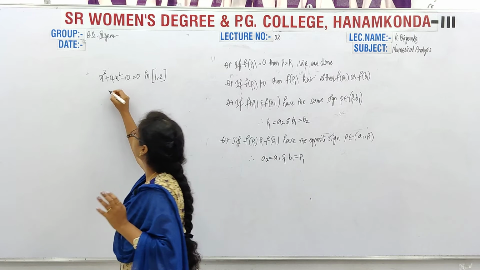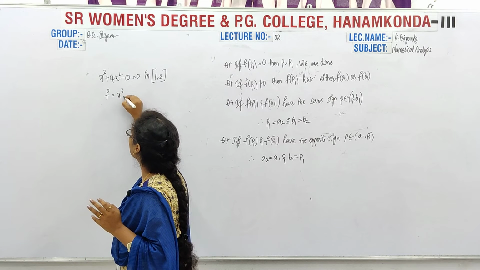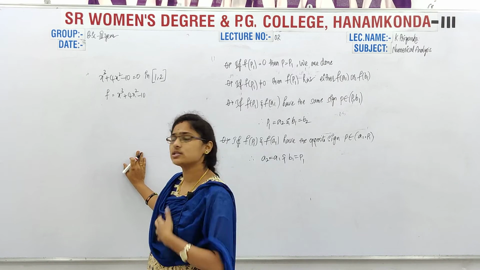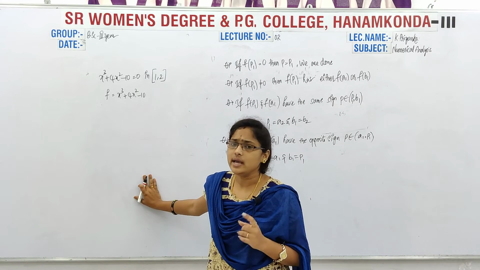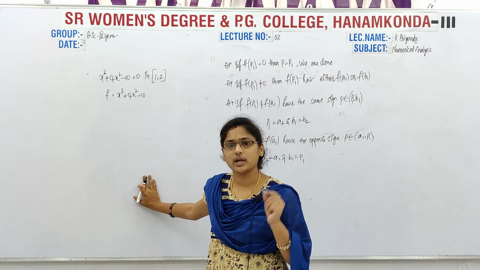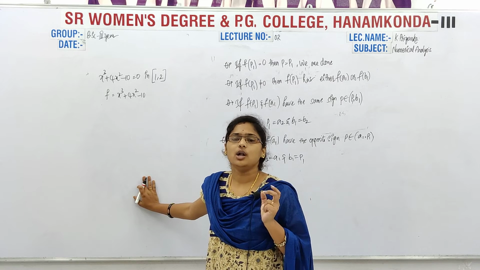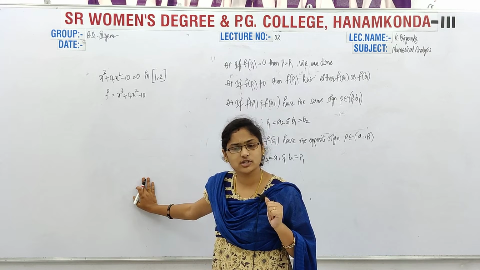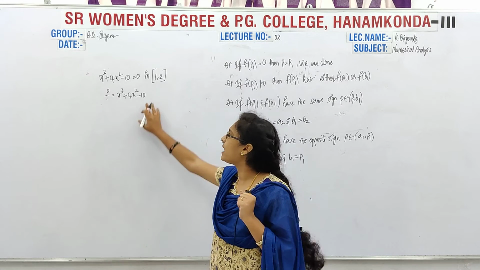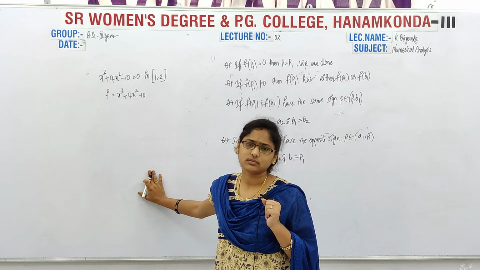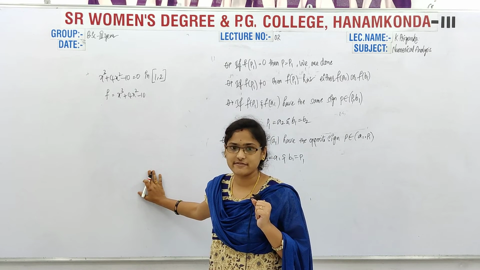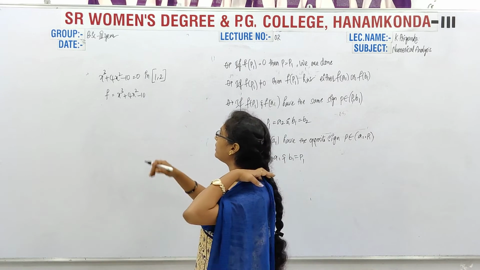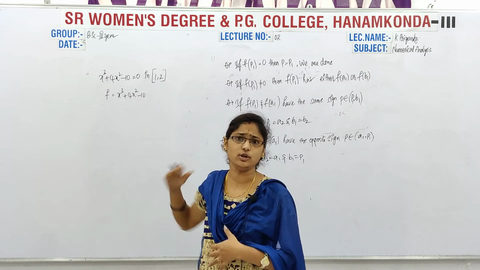Now we have to consider that f of x is equal to x cube plus 4x square minus 10. Now what do we have to do next? We have to check whether it is continuous or not. Yes, because we know that every algebraic, logarithmic, exponential and trigonometric function is continuous. Here we have simply algebraic functions. That's why we can say that f is a continuous function in closed interval 1, 2. I am just writing the given information only, not taking any new thing here.